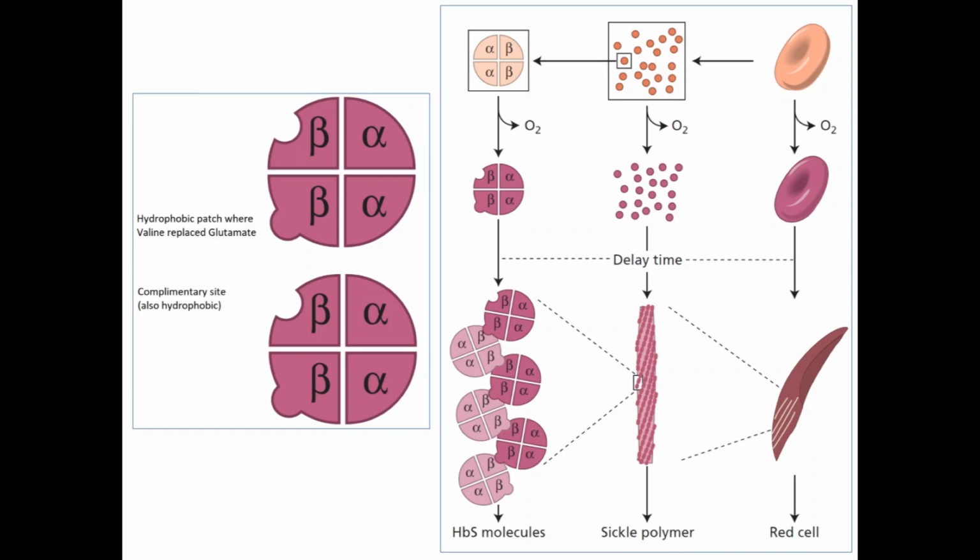According to the mechanism of sickle cell anemia, there should first be deoxygenation. Once deoxygenation occurs, there will be some sites which are exposed. The knob-like structure you are seeing on the hemoglobin molecule is the patch where valine had replaced glutamate. That area will go on and bind to other complementary sites in the beta globin chain, leading to formation of a polymer. That polymer in turn will keep increasing in size to reach a critical mass, after which it will change the shape of the RBC into a sickle shape.